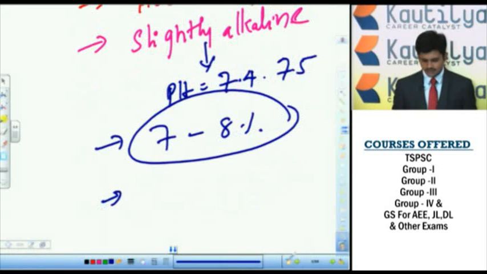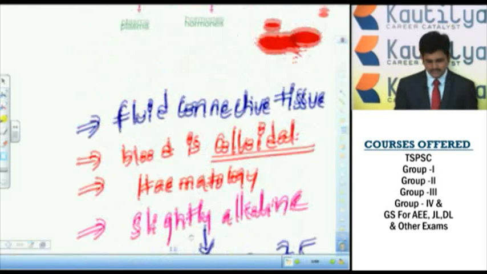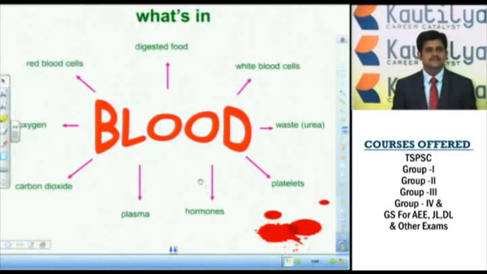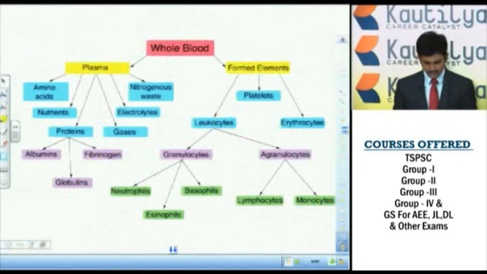Almost all living organisms have blood, which is like a circulatory system, a transport vehicle, which helps in the transportation of different kinds of substances in the body. So blood is a combination of many things. Let's see what the combination of blood is. So blood is formed of